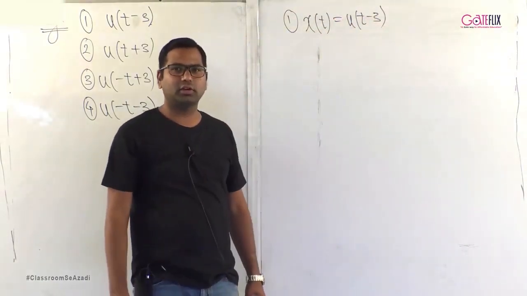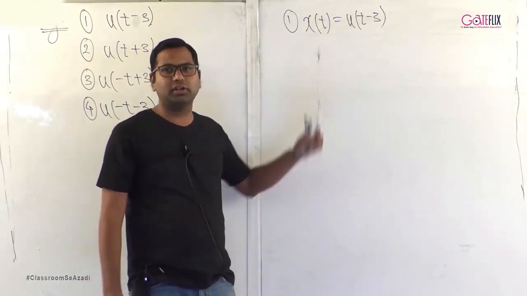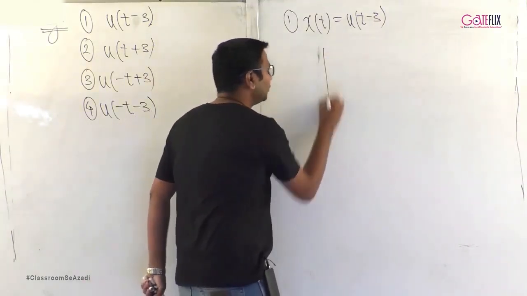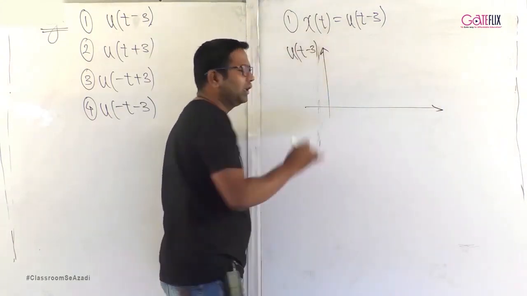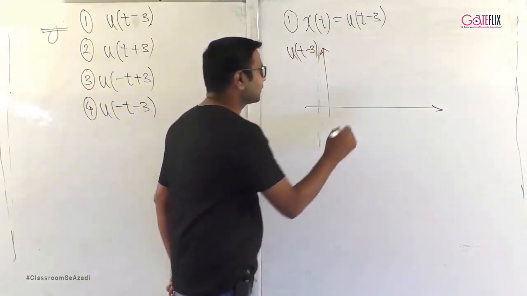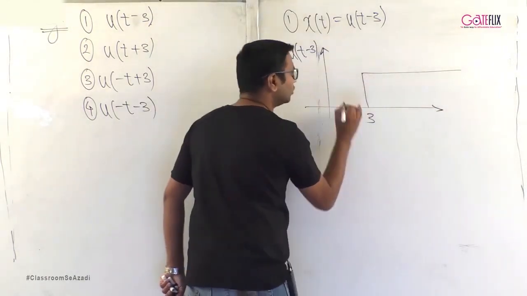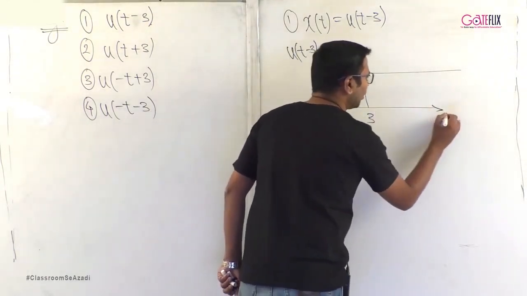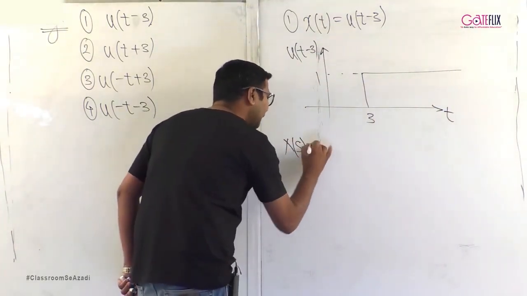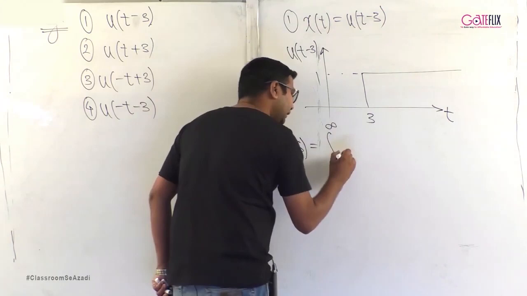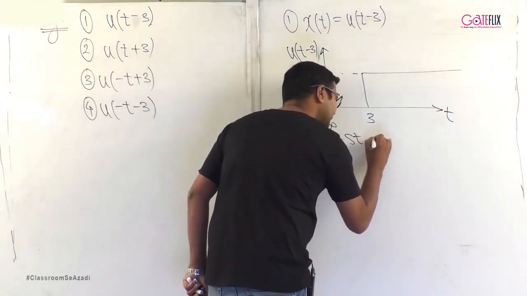The first question that we are solving for unilateral Laplace transform is u of t minus 3. If you look at the plot of u of t minus 3, it is a unit step function which starts from 3 and goes to infinity. The amplitude always remains 1. Now, by definition, the unilateral Laplace transform is defined as integration 0 to infinity e raised to minus st x